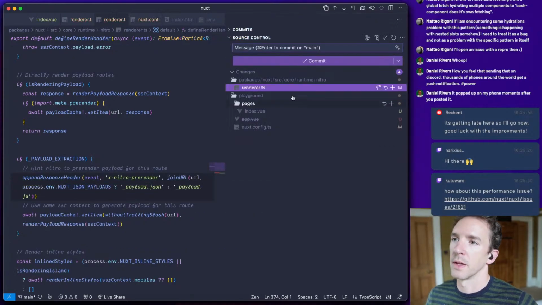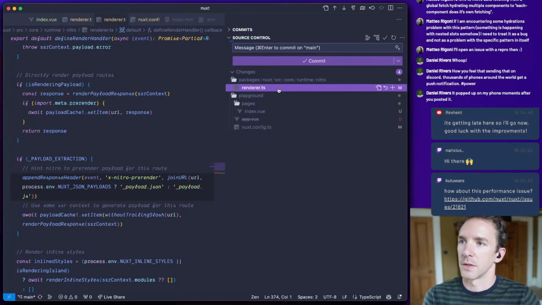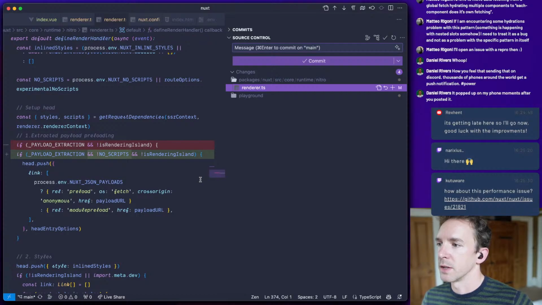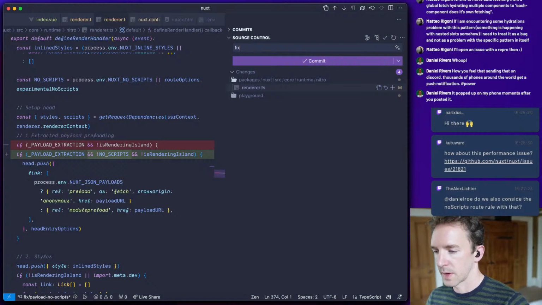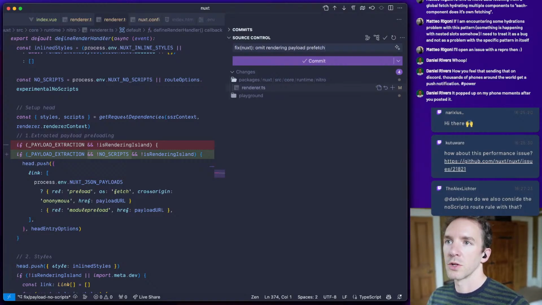No, I think it is right. Okay, we're just changing what's the HTML that's rendered. We might still need the payload for some other reason. So we'll say fix payload no scripts and say fix Nuxt commit rendering payload prefetch when no scripts.